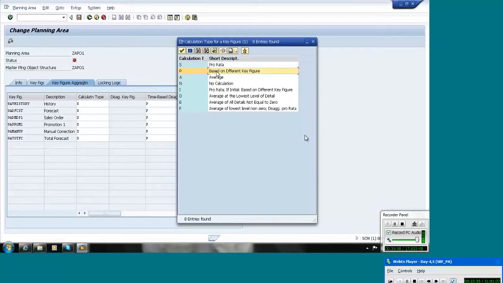If you do not maintain this based on the different key figures, it will give 20, 20, 20. Like that we can maintain how it should be disaggregated. Otherwise, if product B is 0, it will give 30 to product A and 30 to product C. Like that we can have different options for how exactly it is disaggregated.